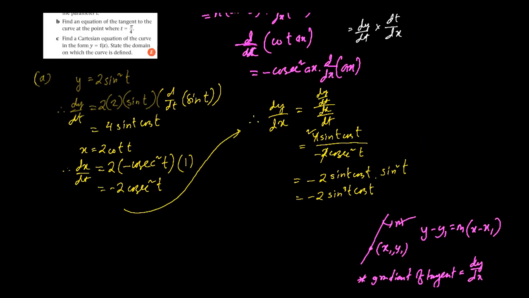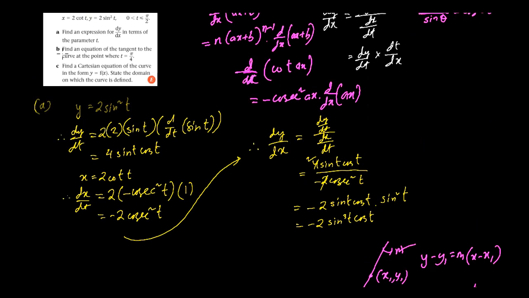find the gradient, find the equation of the tangent. So for the equation we need two things. We need the point through which the line passes, and we also need the gradient of that particular line. So at the point t equals pi by 4, for question B we can write: at t equals pi by 4,